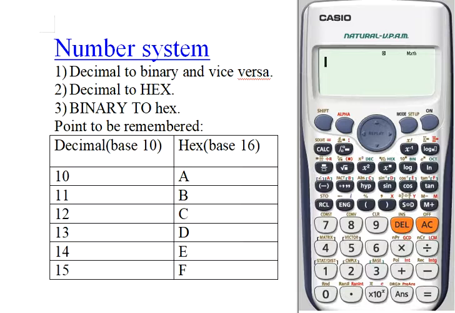Today in this video, I am going to discuss how to use the scientific calculator for number conversion. Here I will change the decimal number to the binary number and vice versa, and similarly decimal to hexadecimal, hexadecimal to decimal, binary to hexadecimal and so on. Please watch this video till the end so that you will be very clear about how to use the calculator